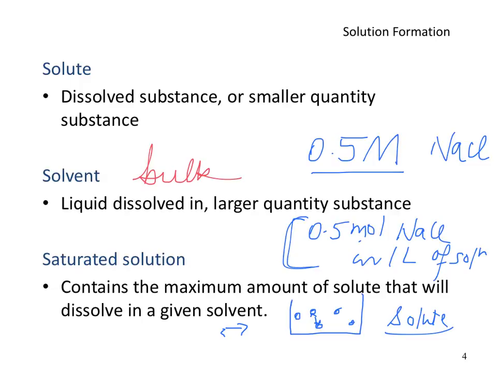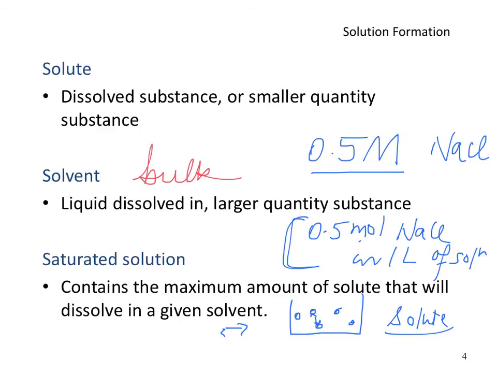In other words, the amount of the solute that goes in a liquid at, let's say, 25 degrees is going to be much lesser than what goes in at maybe 80 degrees or 70 degrees,